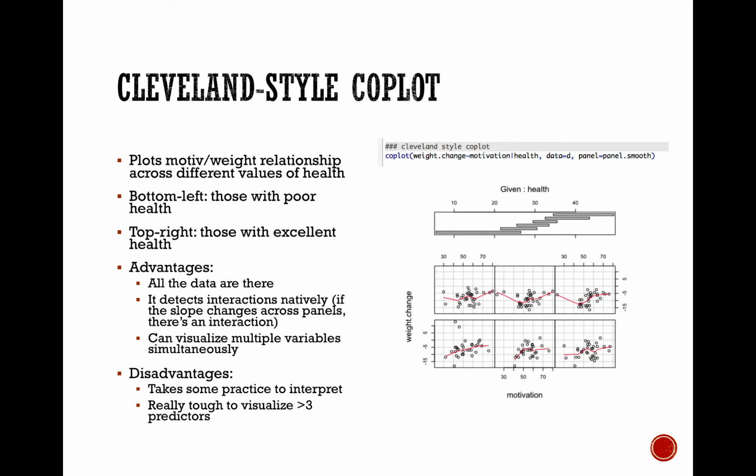So yeah, we already covered most of this. So the advantages of a coplot is all the data are there. Some of it is represented more than once because, again, you got this overlap, but all the data are there. It detects interactions natively, and how you can tell is if the slope of the line, oh, I forgot to